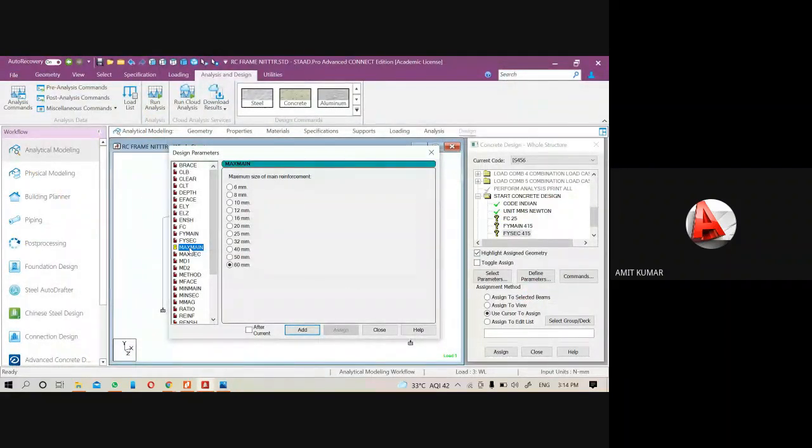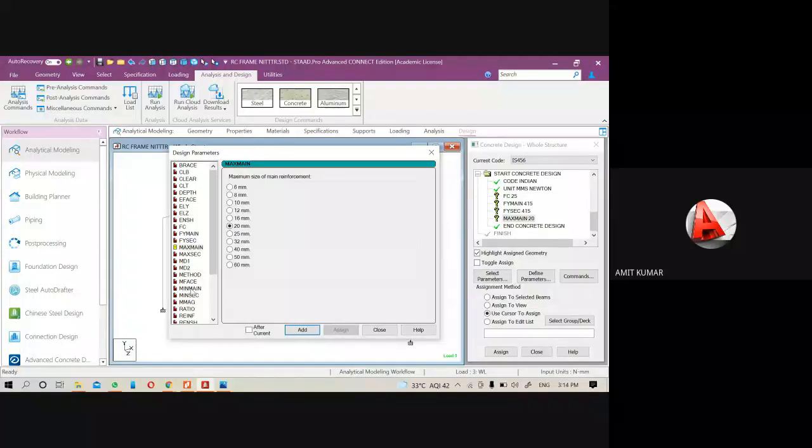So here it is the max main, the maximum size of the main reinforcement bar. If you want a maximum bar size of 20 mm, just provide 20 mm for the max main. Then here you will get the min main, the minimum size of the main reinforcement bar. I will provide the value of 12 mm.